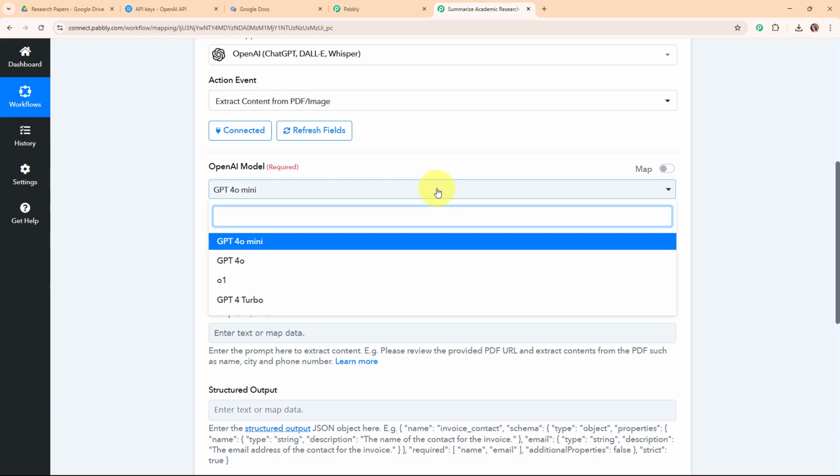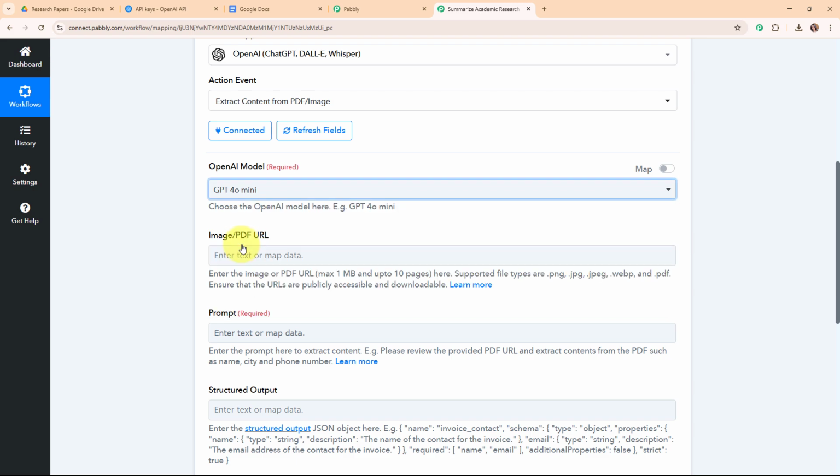So by clicking on this drop down menu, you can see all the AI models available over here. So here in this particular case, I'm going to select my AI model as GPT-4o Mini. So that by selecting this particular model, I'm going to generate a summary for the PDFs. Alright, so now after selecting the OpenAI model,